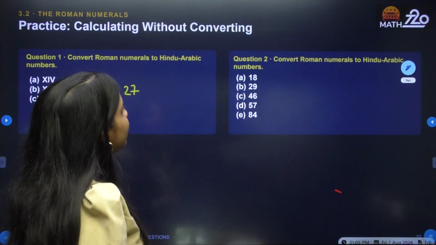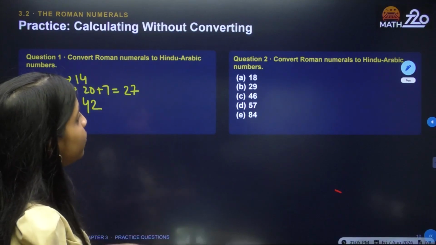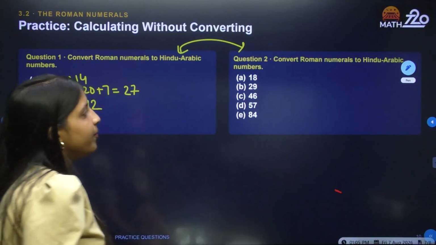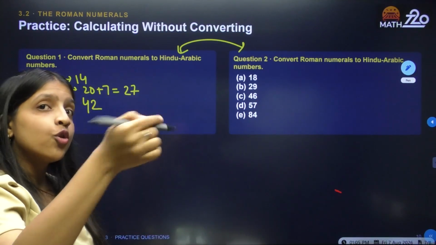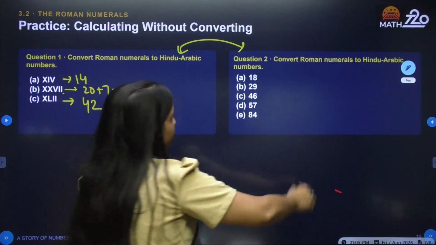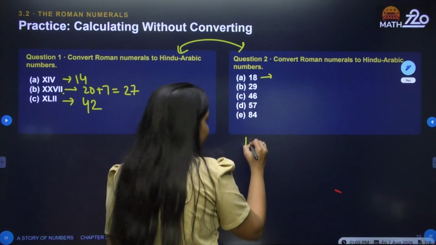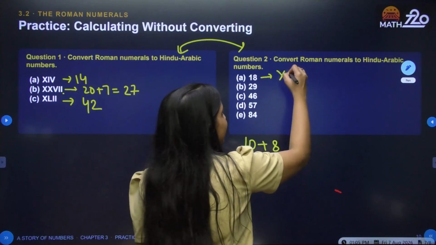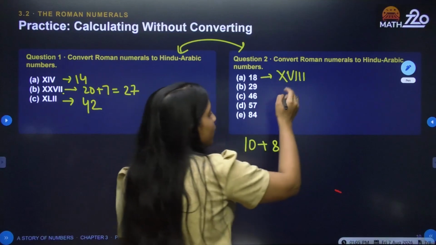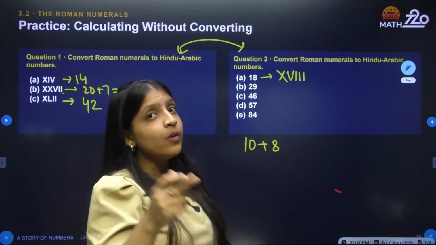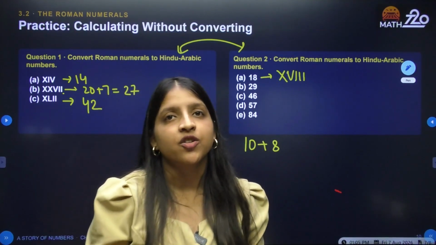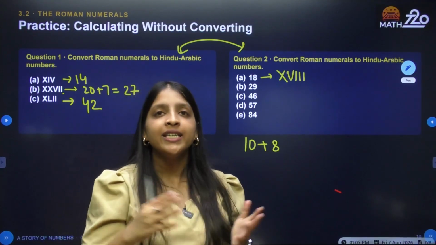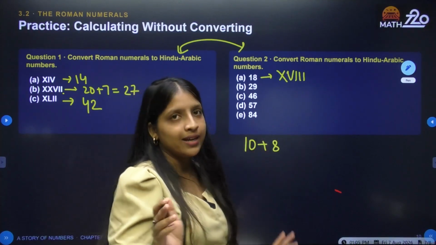Next, you have to convert Hindu Arabic numbers to Roman numerals. These questions are vice versa to each other. Now we have a number, and we have to write it in Roman form. See, 18 I can split as 10 plus 8. For 10 we know X, for 8 this is this. We have discussed the Roman representation from 1 to 9 in the previous section. Go and check if you haven't watched the video. Please watch it. There you have a detailed description of why 8 is written as this.